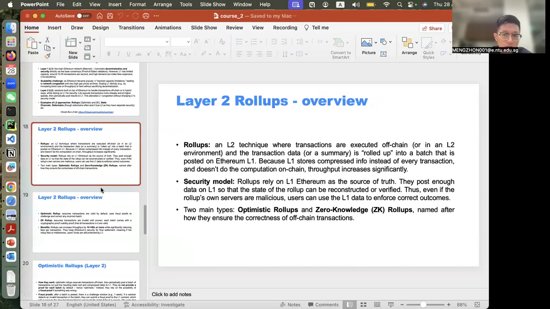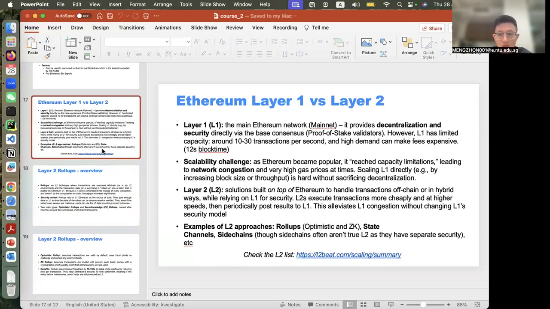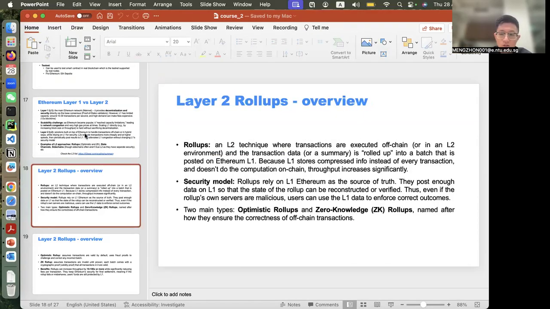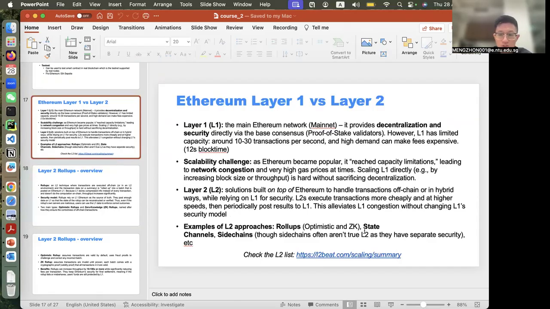Yeah, this is mainly what we talk about for layer two. And there are mainly two solutions under layer two. One is the optimistic rollup, and the other is the ZK, zero knowledge rollup. Under these two solutions, there are a lot of independent networks, and you can check them